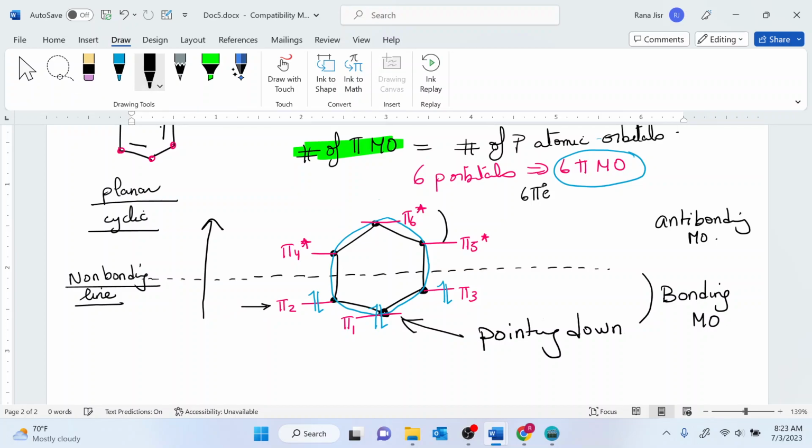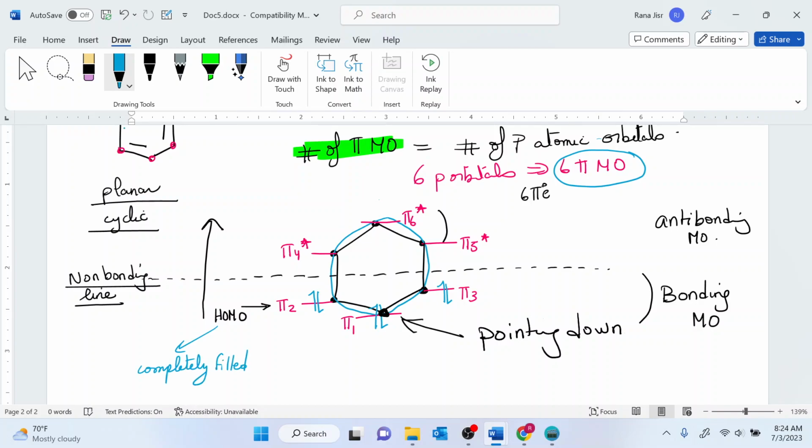Then we're going to go ahead and look at the highest occupied molecular orbital. Here in this case, pi 2 and pi 3 are both our highest occupied molecular orbital. These are the highest orbitals that are filled with electrons. And then we're going to prove, using the highest occupied molecular orbitals, why our structure is aromatic. So you look at the highest occupied molecular orbital, and if it is completely filled,